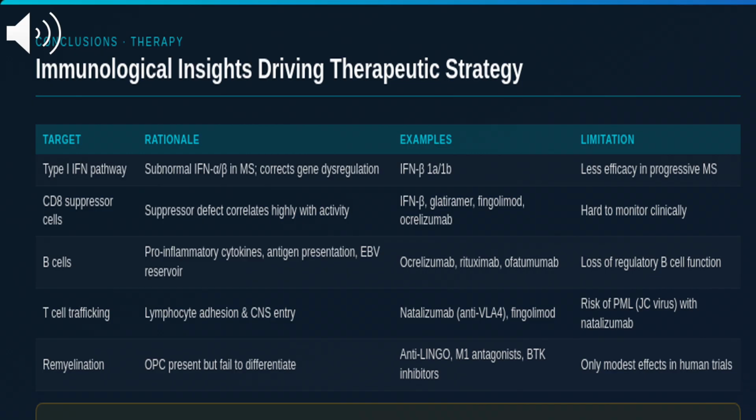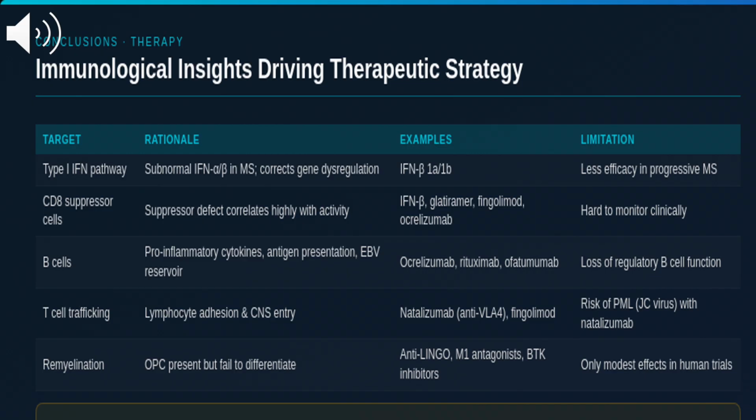They reduce antigen presentation, IL-6 production, B-cell sequestration of EBV, and the costimulatory signals that amplify T-cell responses. The loss of regulatory B-cell function is the main limitation, and future refinement of anti-B-cell therapy may seek to spare or restore BREG populations. Natalizumab blocks T-cell trafficking into the CNS at a very early step in the pathological cascade,